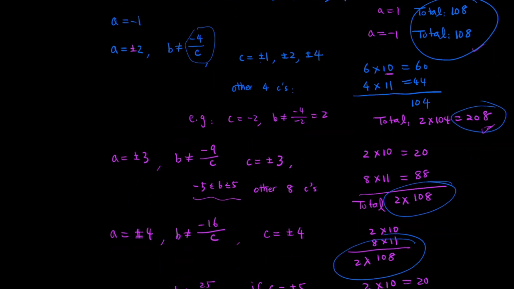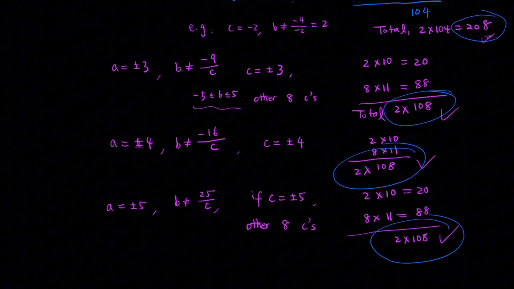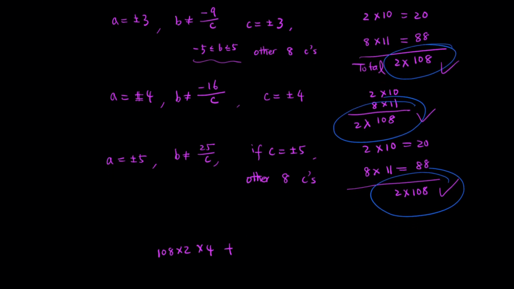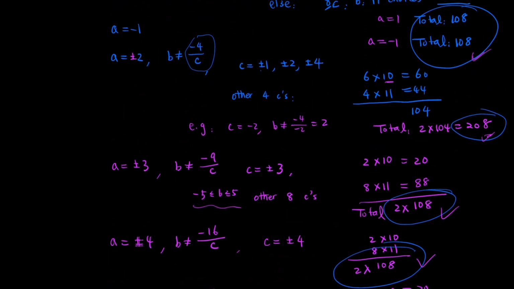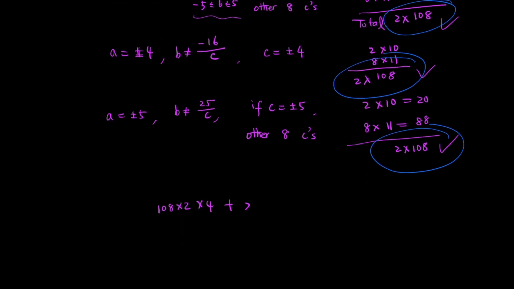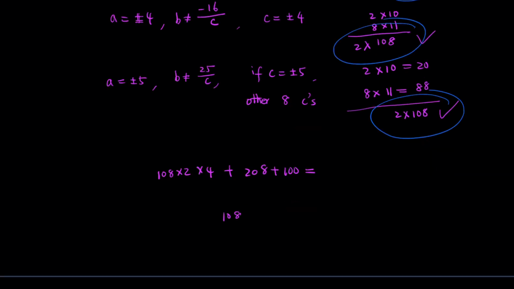We have 1, 2, 3, 4. Okay, so times 4 plus we have 208 here, and then we have 100 here. 208 plus 100, so that would equal 108 times 8 plus 208 plus 100, that's 1172,